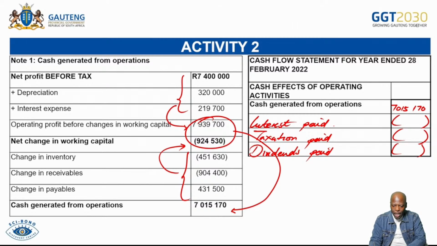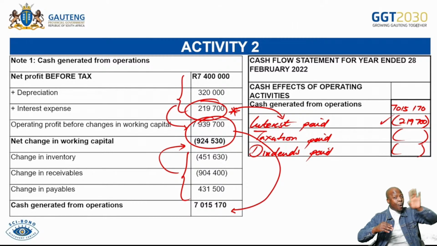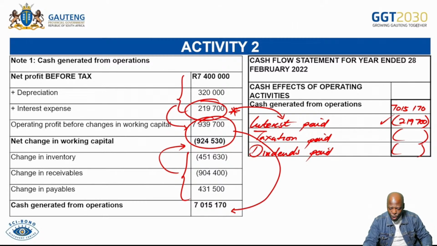Okay, so my interest paid, it's simple because I have my interest over here. There it is. So I'll simply bring that same figure. That is what I'm going to use here. Then I'm going to come here and it's going to become 219,700. The same amount which I had in the note. Remember, I told you I'm adding it back so I can subtract it properly down here now. So now I've shown you where I added it back, and now I'm subtracting it in the right place. In the face of the cash flow, I subtract it. We good? Okay, cool. So let's go on to the next aspect, which is